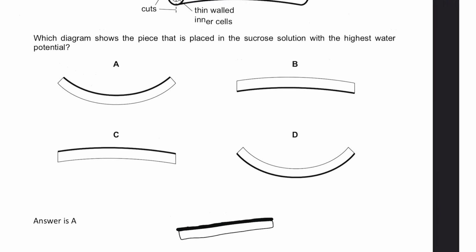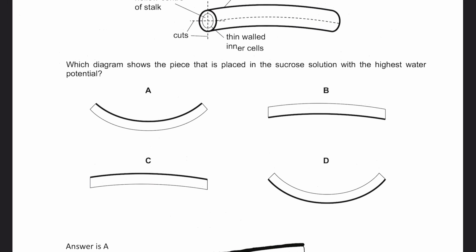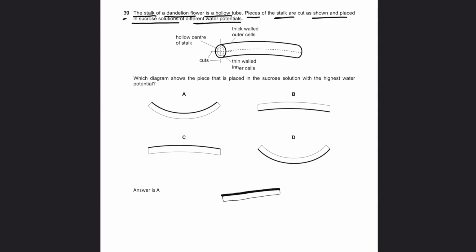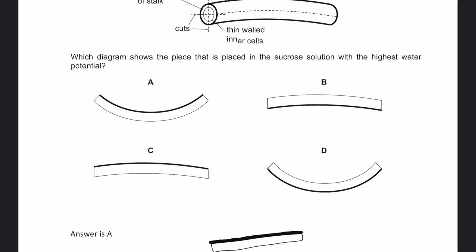As you all know, water will diffuse very slowly through the outer thick walled cells, and water will diffuse very rapidly through the thin walled inner cells. So the MCQ says, which diagram